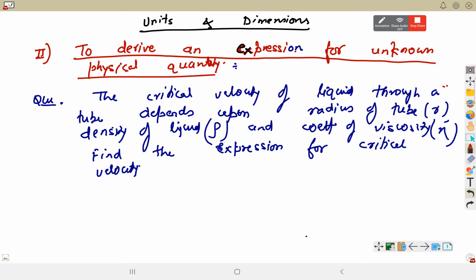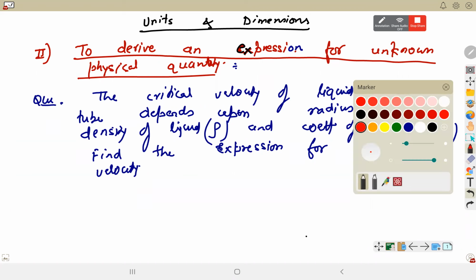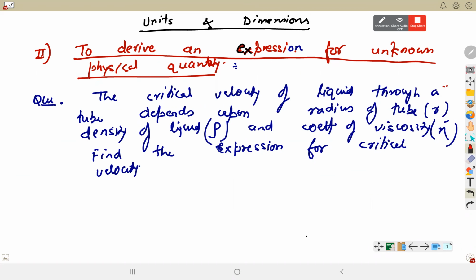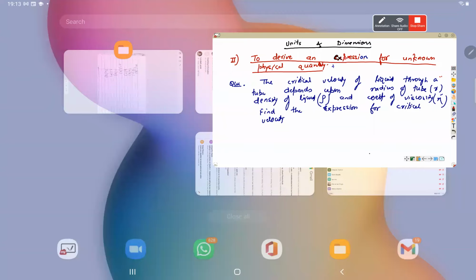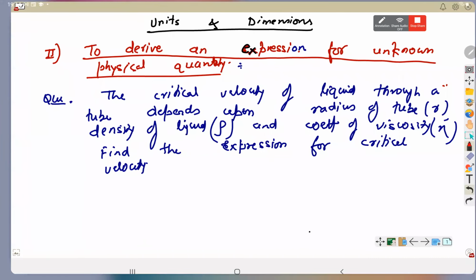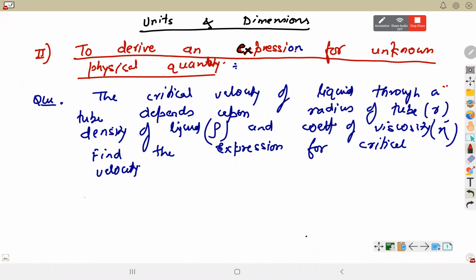Okay, Naira, you might face a challenge because you didn't attend the last class. So let me give you a hint. What do we have to do in this? We have to find the formula of this critical velocity, like in this case, some unknown quantity whose formula is not known. We do an experiment to find out which quantities it depends upon. Like here, critical velocity, any velocity, the dimension of velocity will be v.